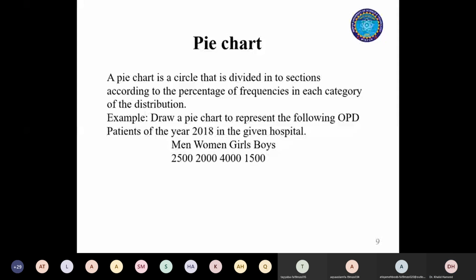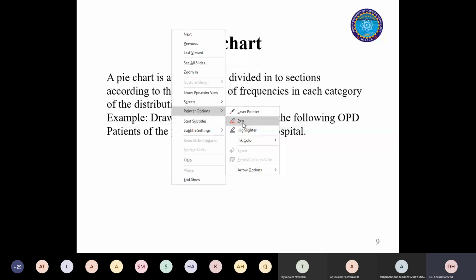So if you have data like this, you have only one thing and you can represent it through a pie chart. But let's suppose you have another thing that is associated with this. For example, if I am going to link the gender